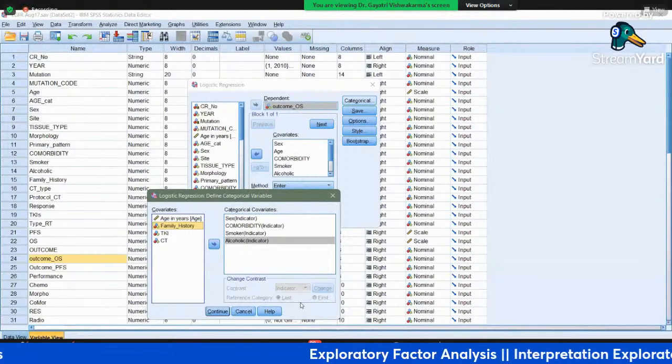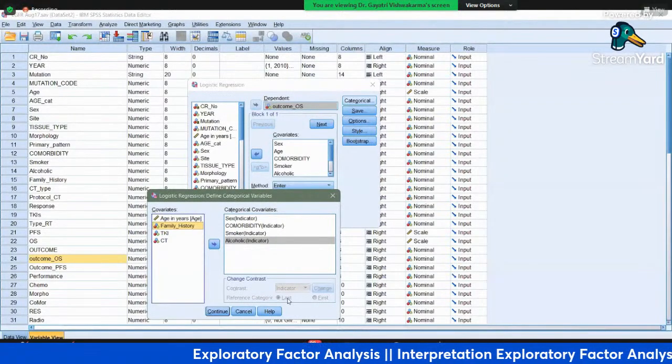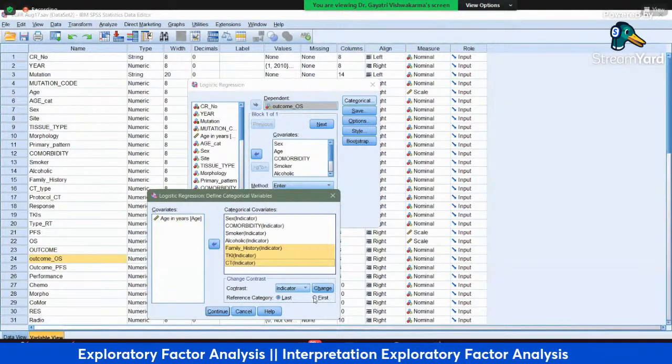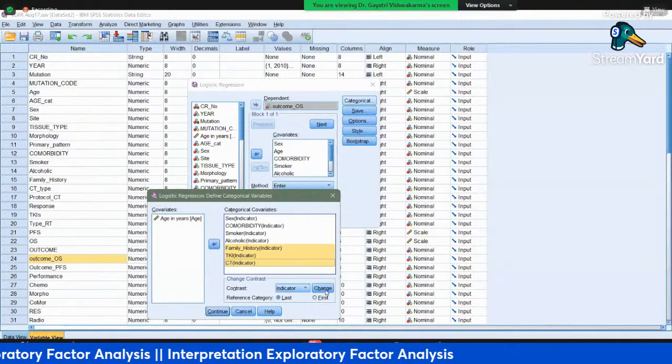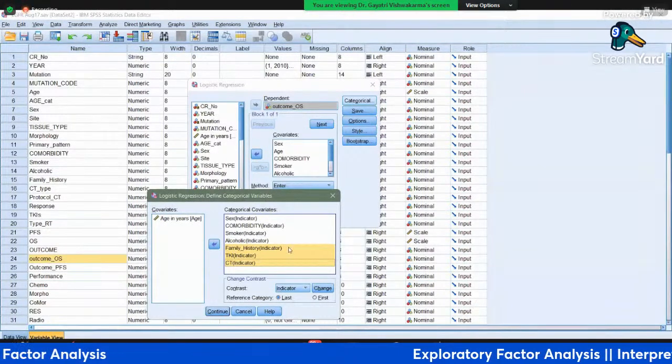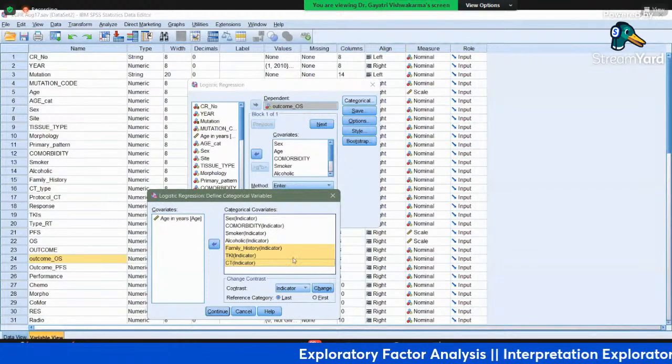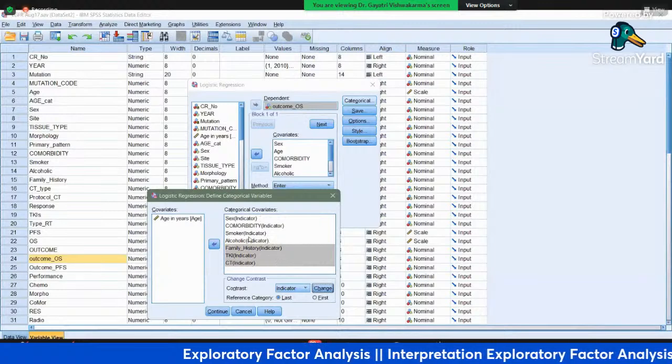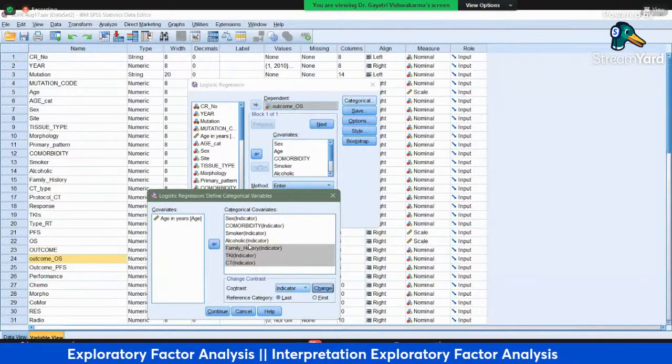That means if you have defined 1, 2, 3, then third will be the reference category. You can change it by selecting first and clicking on change for these variables. Or you can keep it like this, only the last category. Okay. So that depends on you, what reference category you want to interpret for.